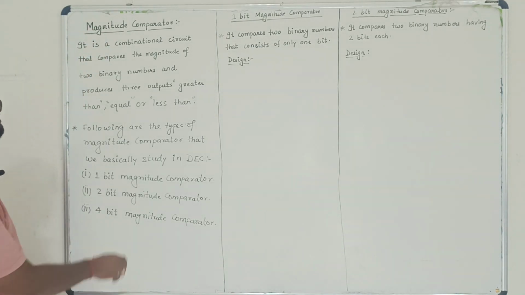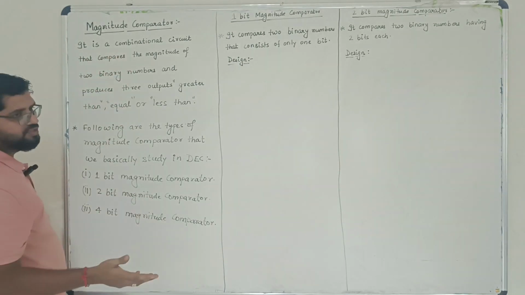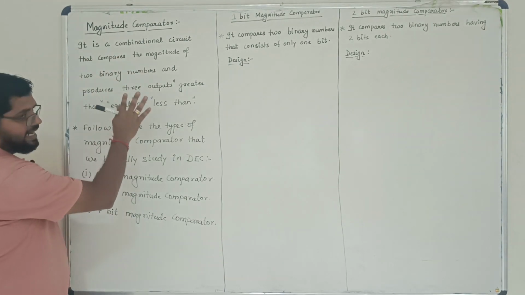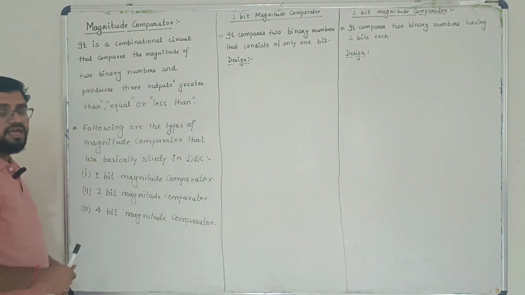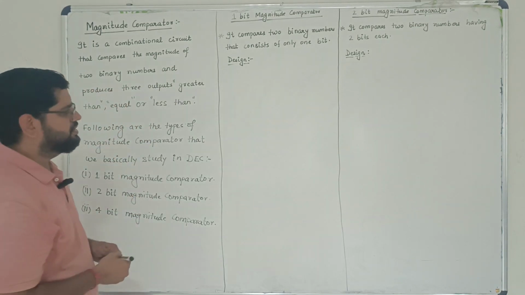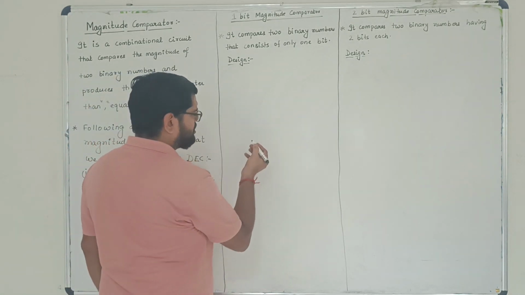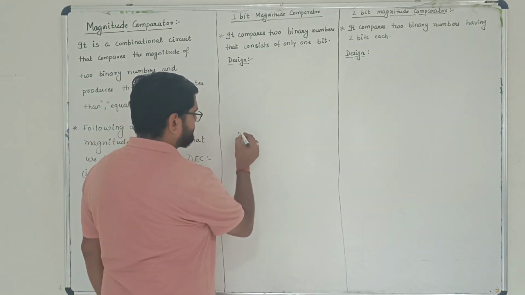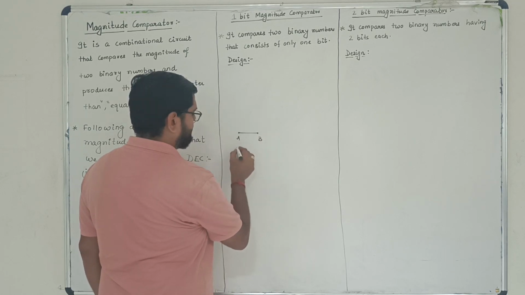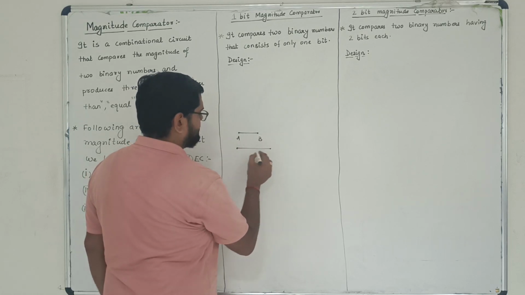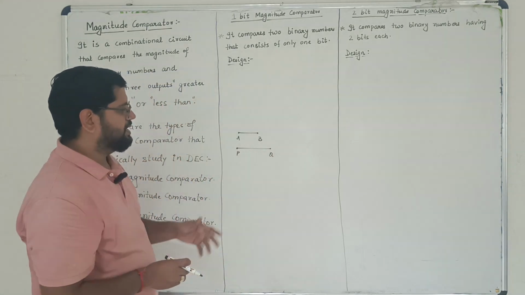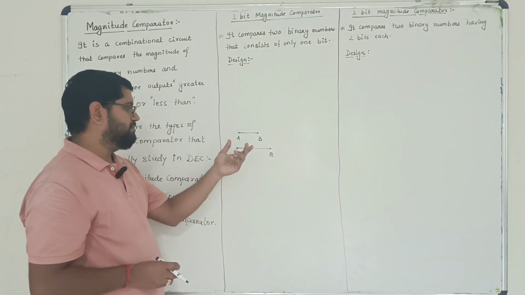When we go for the definition, we have to keep two things in mind: what exactly a magnitude comparator does, and what outputs we are expecting. It's a simple concept. You can take the help of a normal example. Let us suppose I am taking two lines. This is A, this one is B. Similarly, we'll take a line that is P and Q. If I ask you to compare the magnitude of line AB and PQ,